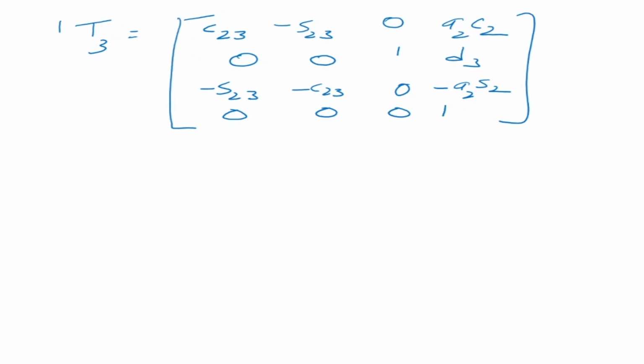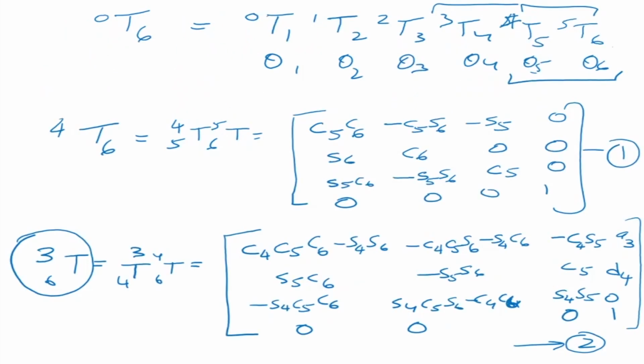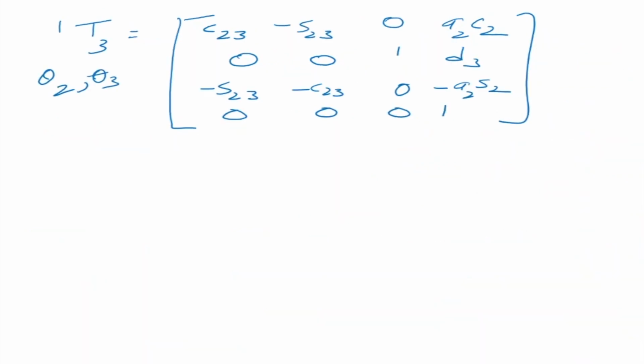So what are the variables here? It is theta 2 and theta 3. Okay, what are the variables? Theta 2, theta 3. In the previous case, what were the variables? It was 4, 5 and 6. So the variables are theta 4, theta 5 and theta 6. So there are 3 variables here, and here there are 2 variables, theta 2 and theta 3. Okay. Now, we multiply the complete